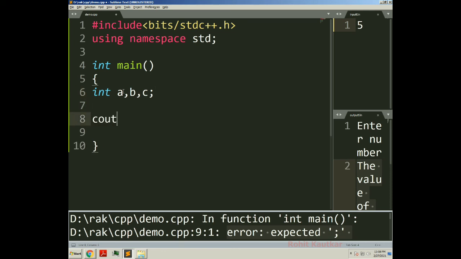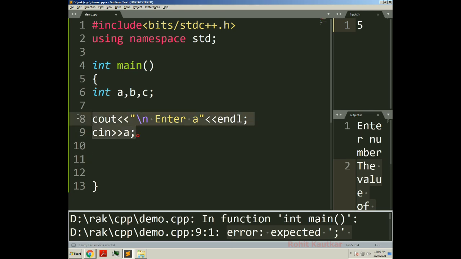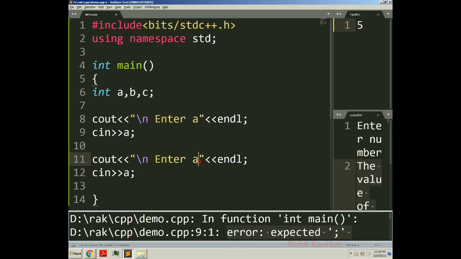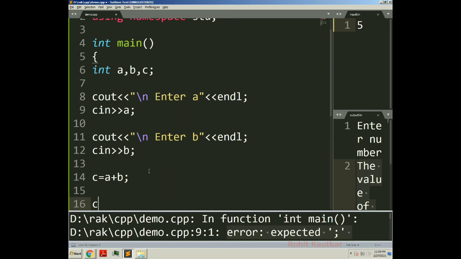So I will print cout enter A, then we will scan this A value here using cin, then I will copy the same statement, enter B, and here we will read the value of B. Now I will write the formula C is equal to A plus B, and we will print the result here. The addition is C.